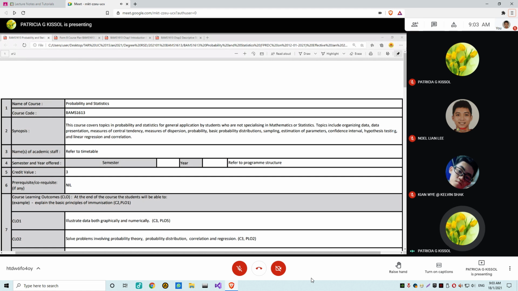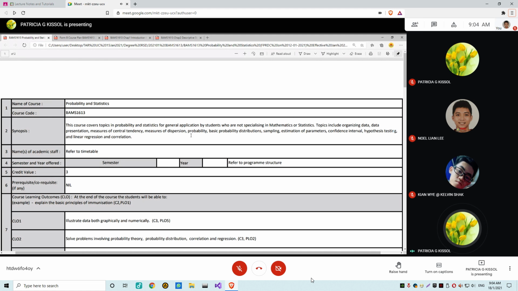What is it about? The calculation of measures of central tendency, which is mean, median, and mode. You will also look into measures of dispersion, involving quartiles and standard deviation. And then we also look at the topic on probability,